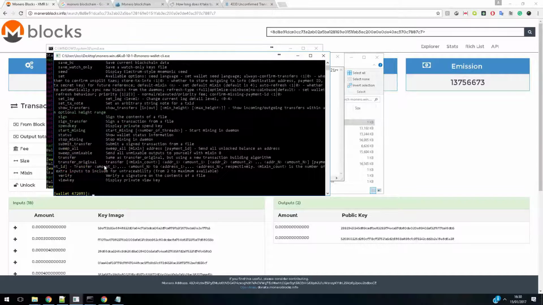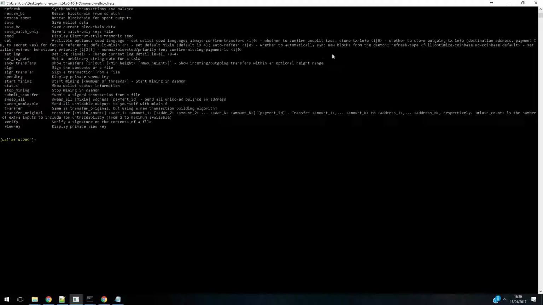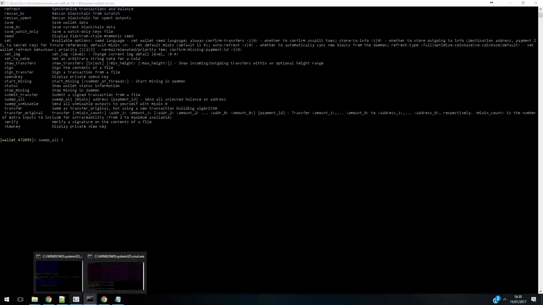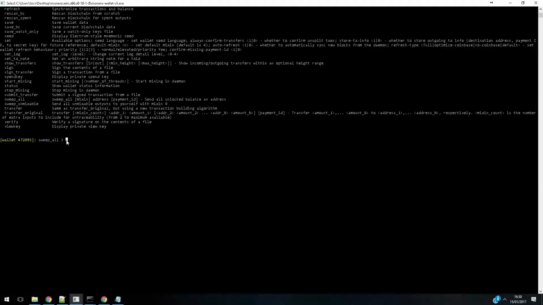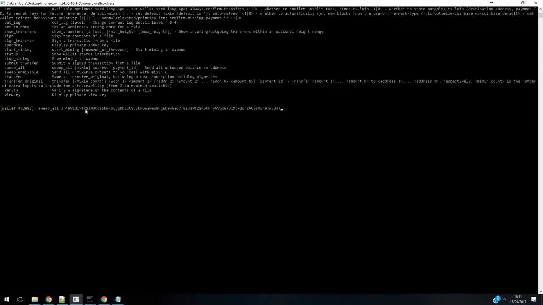And if we just use help to look at the syntax of this command, we can see that sweep_all is followed by the mixin, which we have to put as 3 or higher, followed by the address. So if we just grab the address of the previous wallet, which I was using before, and send the funds back here, and paste this in, there we are. And if we wait one sec, if we just press enter,